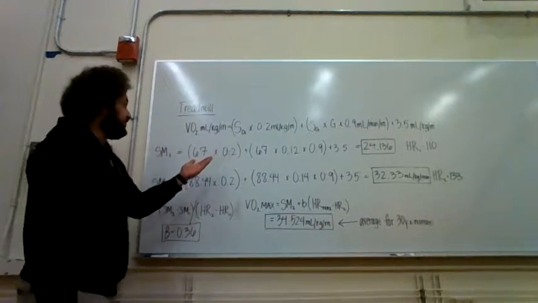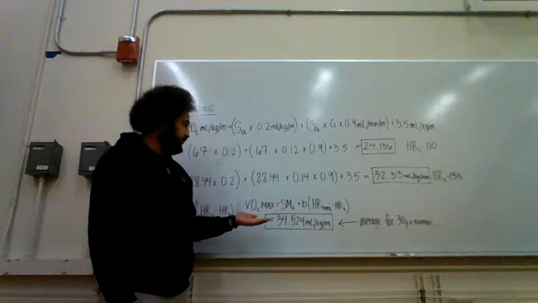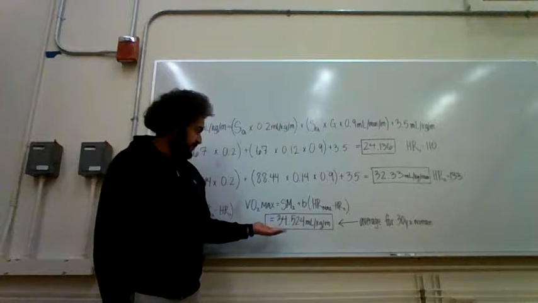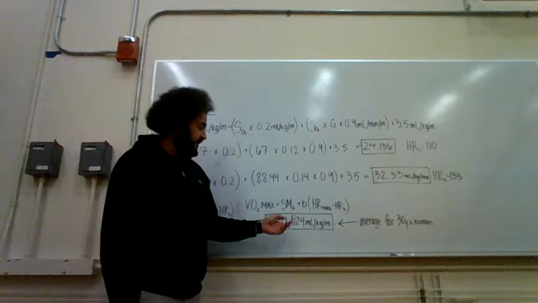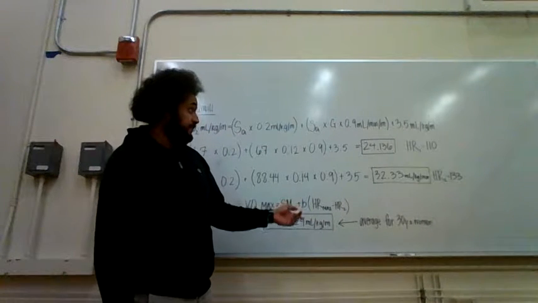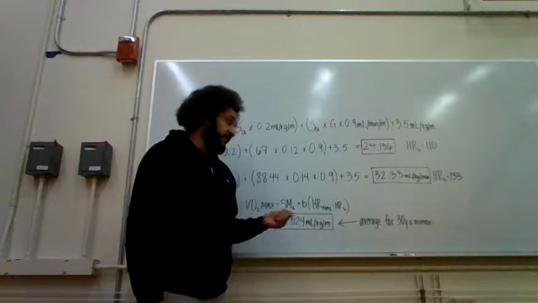Here we have collected the data from the treadmill test that we performed. As you can see, we were able to get an approximate VO2 max based on the results we got, and she landed at 35.5 milliliters per kilogram per minute, which is average for a subject her age.